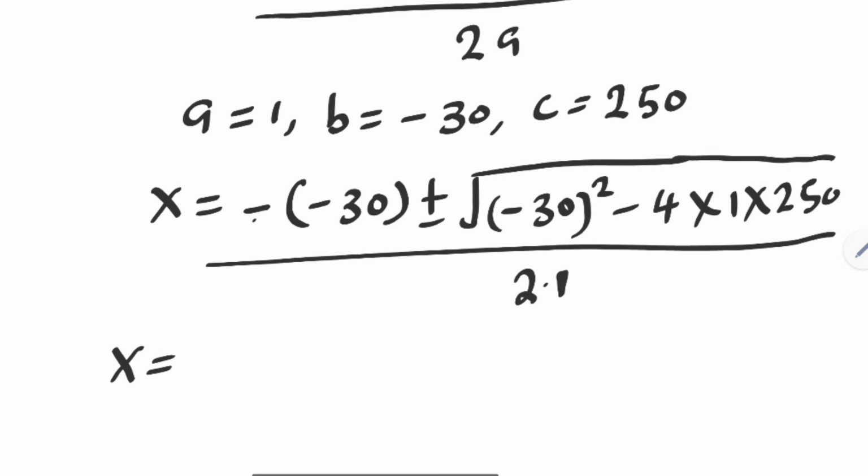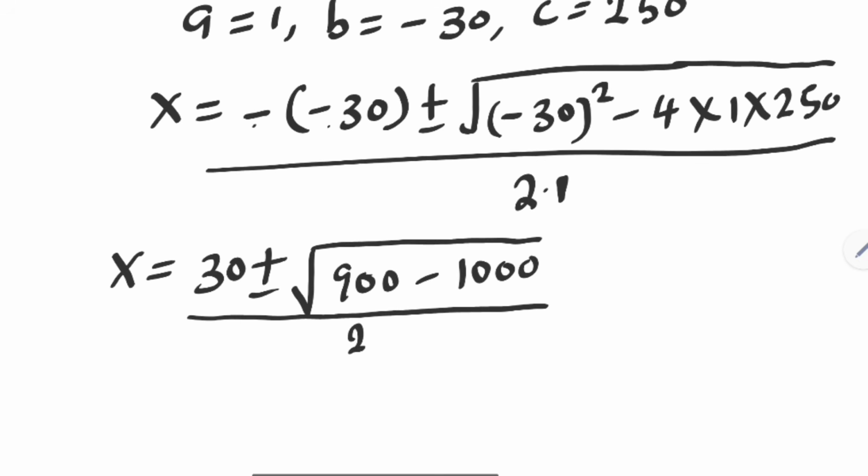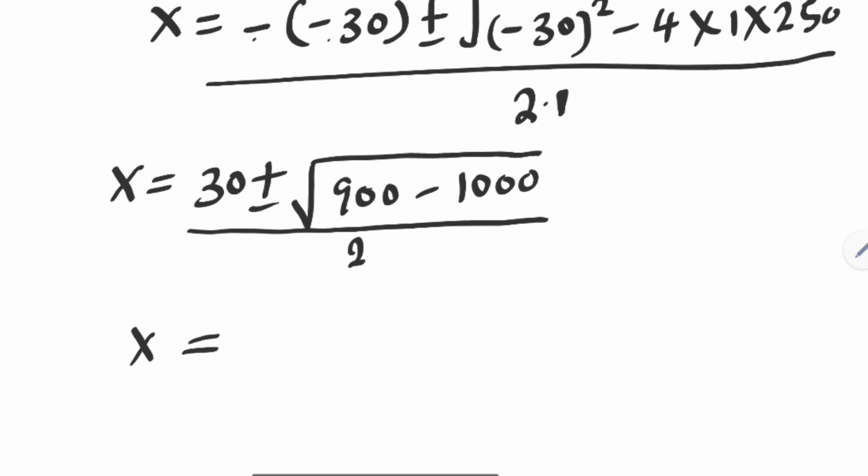x is equal to minus multiplied by minus 30. This is 30 plus or minus square root of minus 30 squared. This is 900 minus 4 multiplied by 1 multiplied by 250. That is 1000, divided by 2 multiplied by 1, 2. x is equal to 30 plus or minus square root of 900 minus 1000. This is minus 100